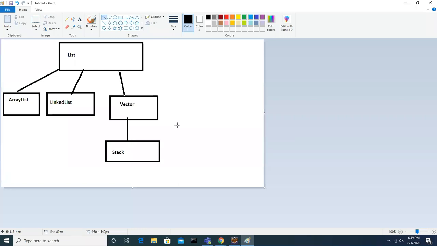Now, you guys till now understood what is list, what is collection, what is array list, what is linked list, right? Only pending is we have to discuss vector and stack. Now let's talk about vector and stack. I will say a vector and array list are both the same, guys. But if both are the same, why do we need two? Let's go and talk about it.